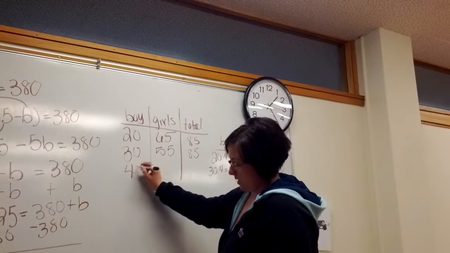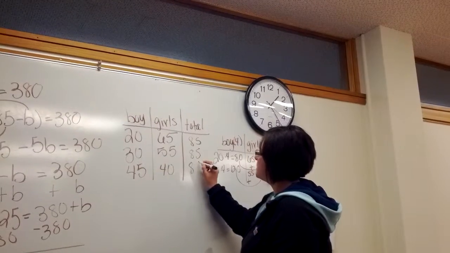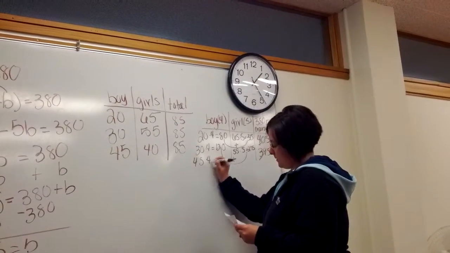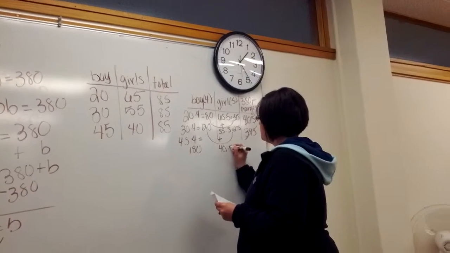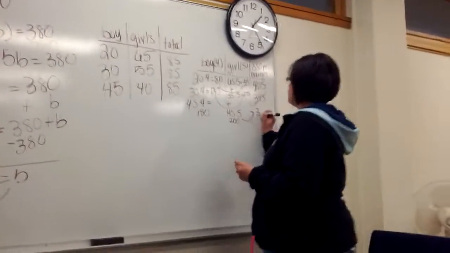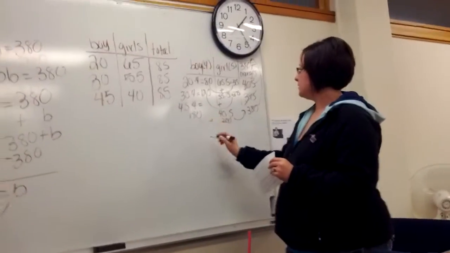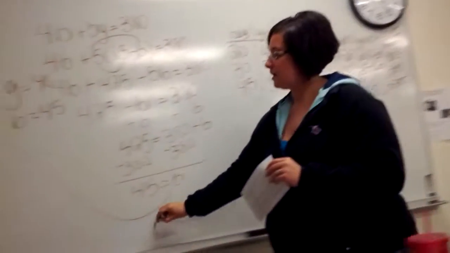So then if you did 45 and 40, that equals 85. You would do 45 times 4, which is 180, and 40 times 5, which is 200, and that gives you 380, which is the amount of oranges that we need. And then you can see that these numbers right here match